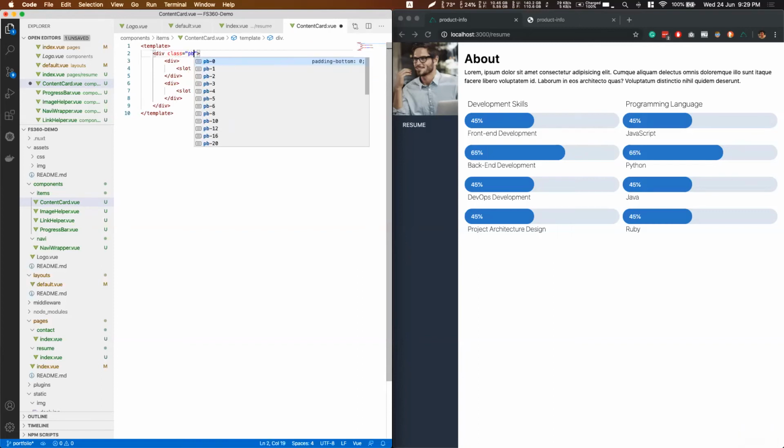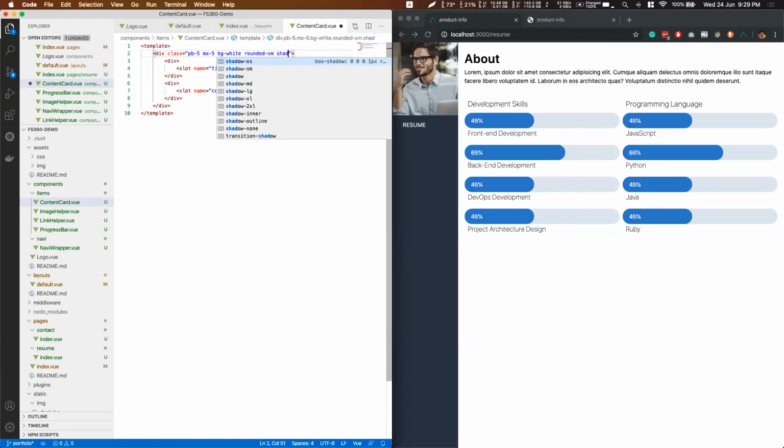Setting up bottom, and then background with the shadow to over here. Set